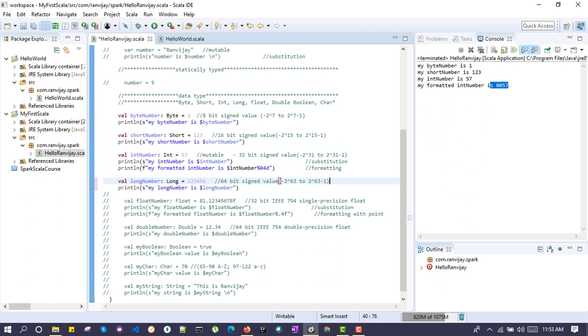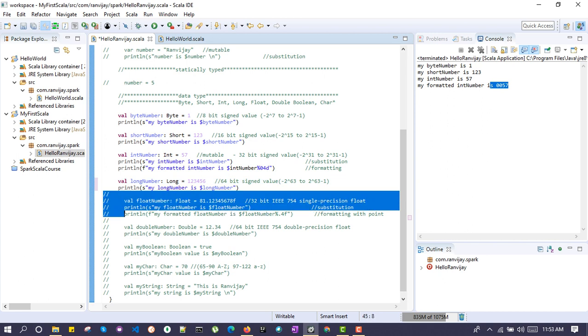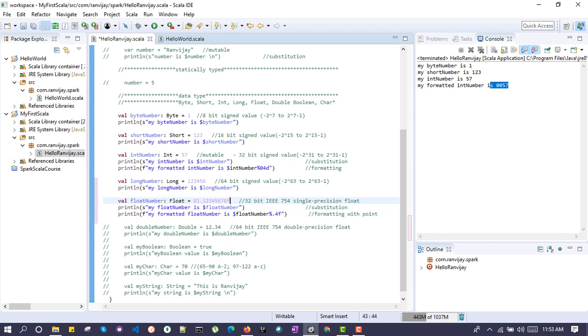So if you have a number which is of very big size, then go with the long. So it all depends what's the size of your number or value. So based upon this you can go ahead. Another type is the float, so that you can observe over here. So float, whenever you are declaring the value, follow the value with the keyword f. So this will say this number is a float type.